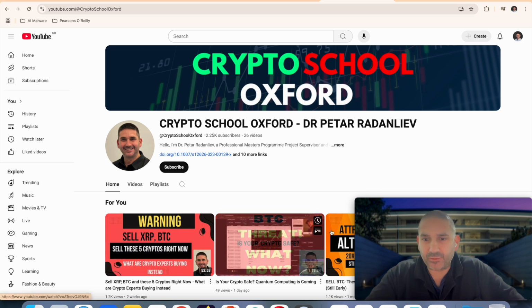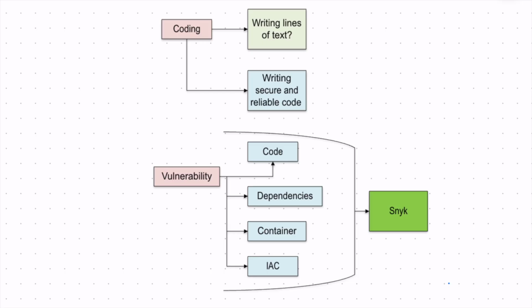And now I'm gonna move on to the whiteboard. So starting from the basic, what is Snyk, what is Deep Code, and why do you need Snyk and Deep Code? Well, as a